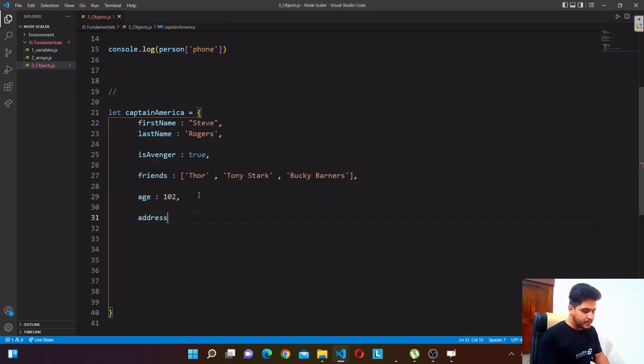I have initialized a key named address, and this address will have multiple properties, right? Address has multiple properties: state, city, pin code, and so on. So we can also make a nested object inside of an object. How can we do that? We create an address, and we say that this is an object, and inside this object we have multiple values, like state,